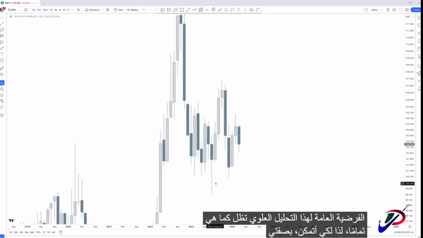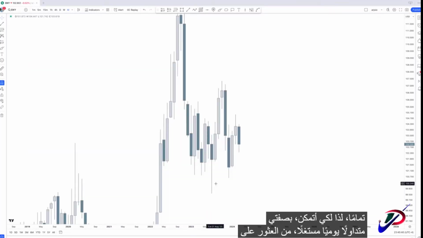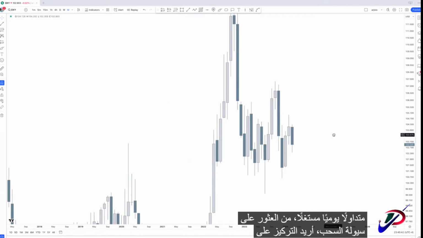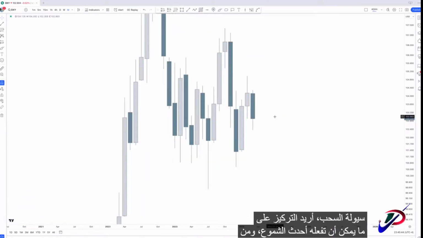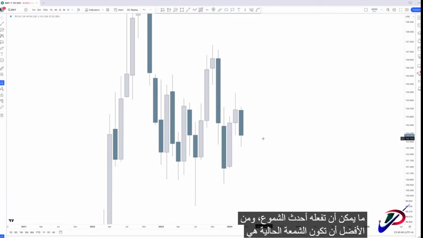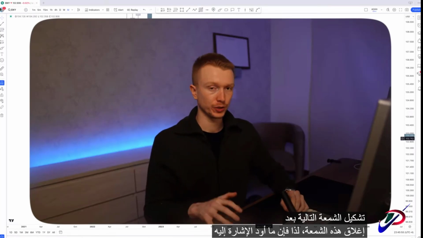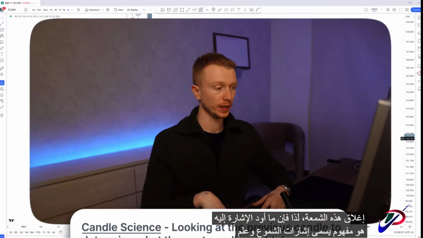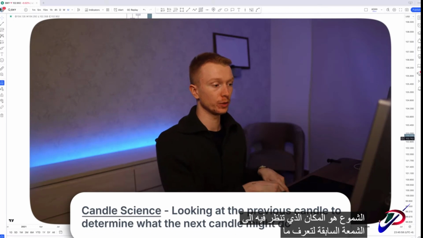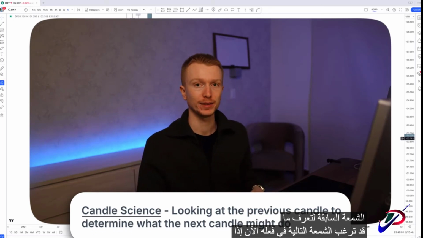So in order for me as a scalper, day trader, swing trader to find that draw on liquidity, I want to focus on what the most recent candles can do. So ideally, the current candle that's forming and the next candle after this candle closes. So what I like to refer to is a concept called candle science. And candle science is where you look at the previous candle to know what the next candle might actually want